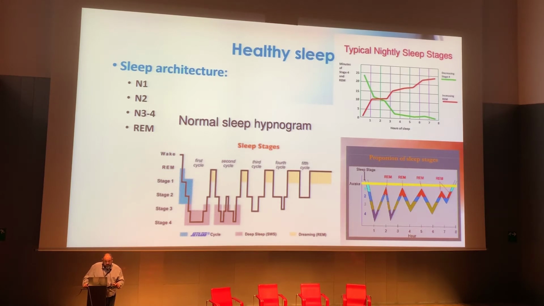Then there is the REM sleep, which is rapid eye movement, which is when we dream. There is no muscle tone apart from the eyes, and we dream vividly. As you can see, these phases vary. We have more deep sleep at the beginning of the night, it decreases, and then we have more REM sleep as the night progresses. It's usually about 5 periods of REM sleep that last from 10 minutes to an hour.